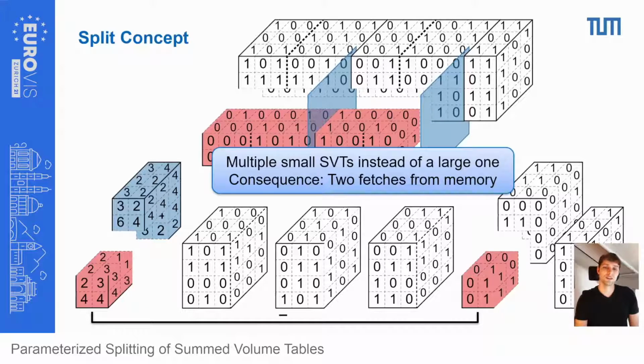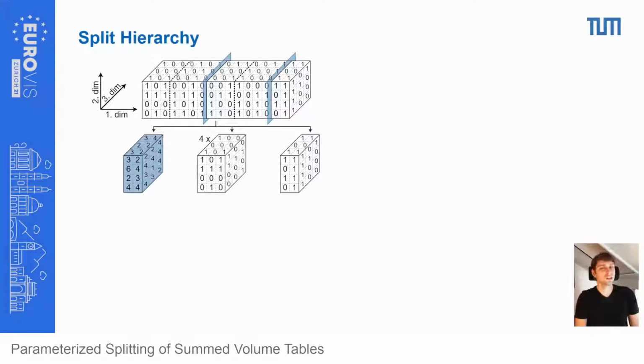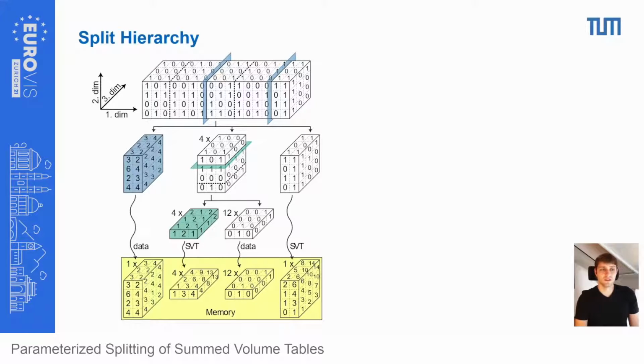However, this comes at the cost of now fetching 2 values from memory per prefix sum computation. But there is no need to actually stop here. The arrays obtained from splitting can be split again to reinforce memory savings at the cost of additional fetches. For instance, one could decide to split all subarrays of width 3 again. And when all splits are applied, for each block, either its data or its sum volume table is stored in